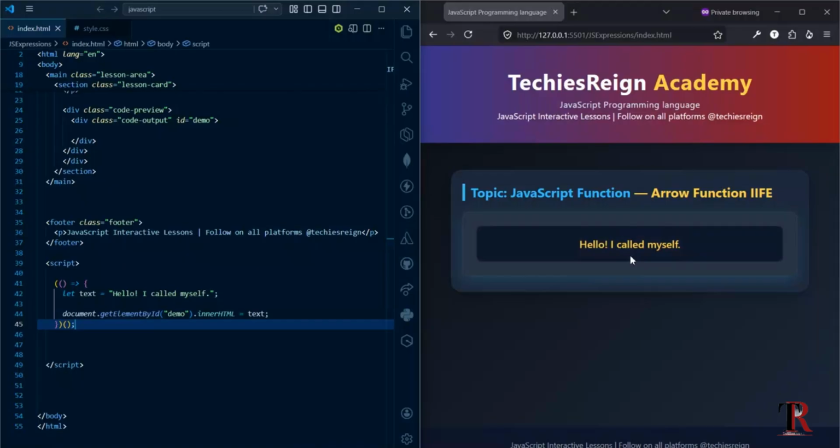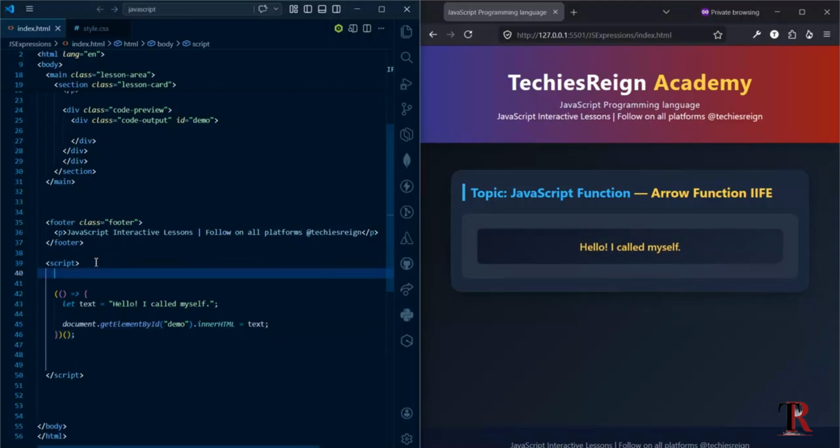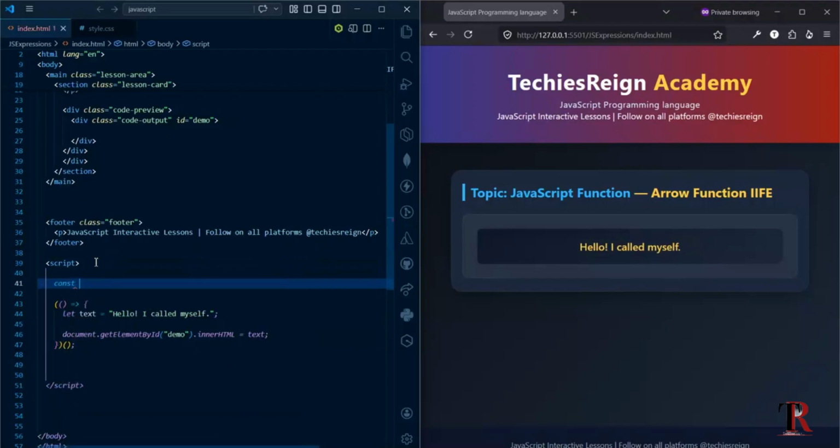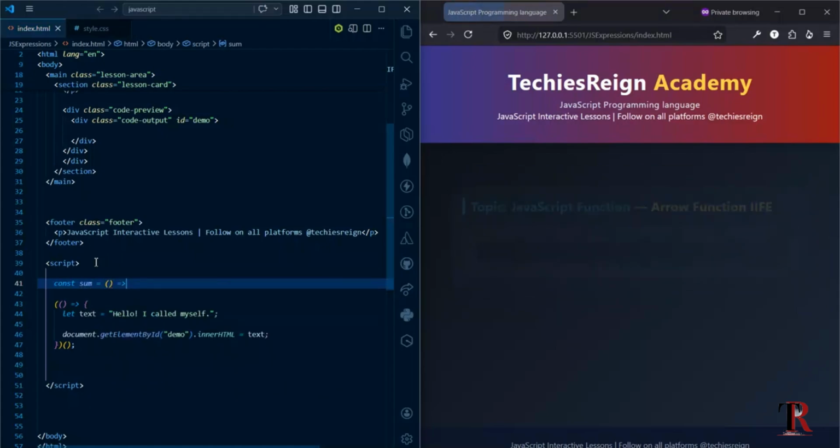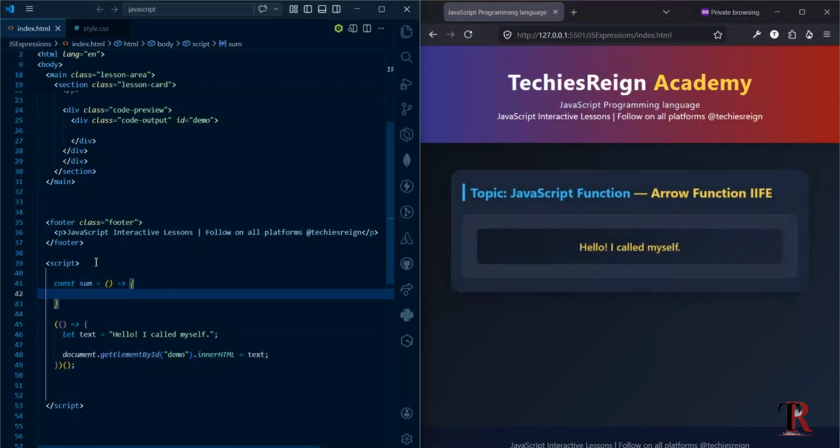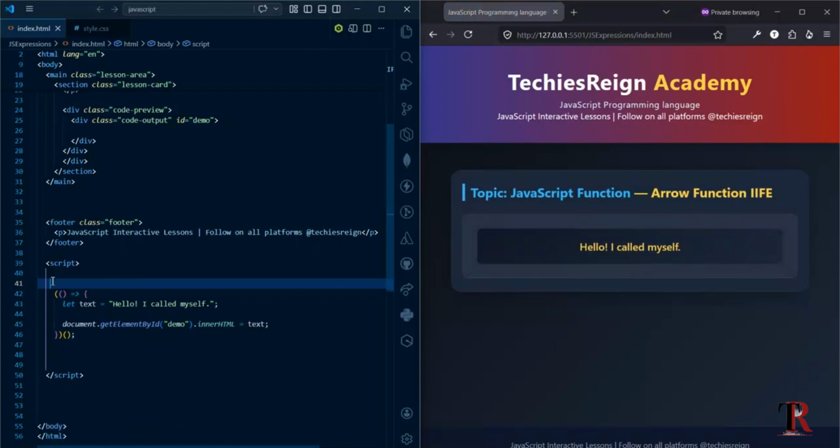Hello, I called myself. Now, traditionally, an arrow function is written in steps like this. Let's say const sum equals, we usually do it like this, and then whatever it is that you want to put inside. But look at what we just accomplished for the IIFE. Because a self-invoked function doesn't use a name, we don't need a name like this. So we just put the open and close bracket, then the arrow, and then the curly braces. So this is how you can also use arrow functions to construct